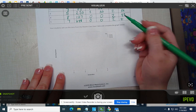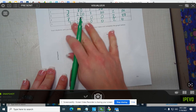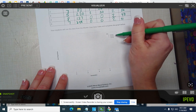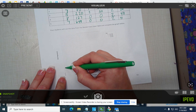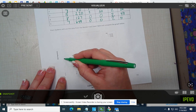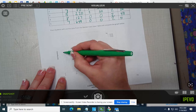Okay, so we're going to use a triangle for 4 prongs, circle for 2, and a square for 1. So we'll just go down, we'll do each word at a time. So we'll start with a triangle. We had 161, so 10, 20, 30, 40, 50, 60, 70, 80, 90, 110, 20, 30, 40, 50, 60, 70,